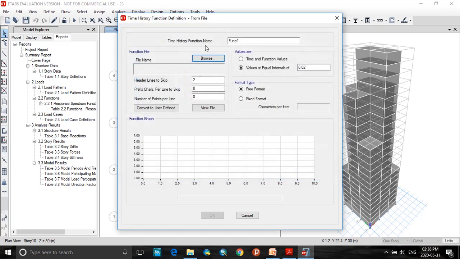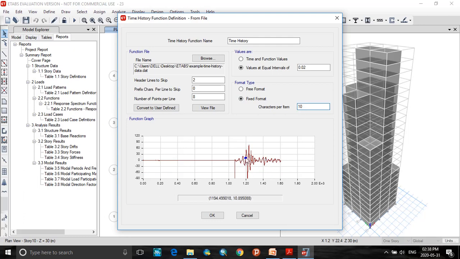Click on OK. So now here, choose time history name, give the name as time history function. Now for this graph to be viewed, we will set some format for 10 characters, so that it calculates for 0.05 seconds.